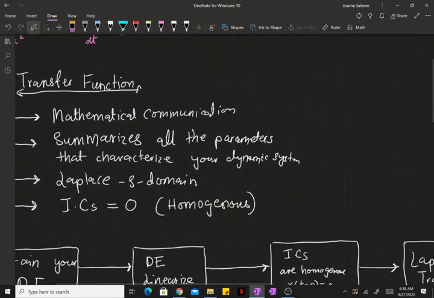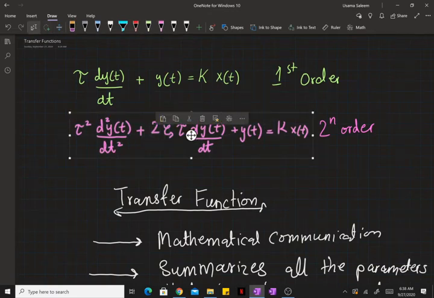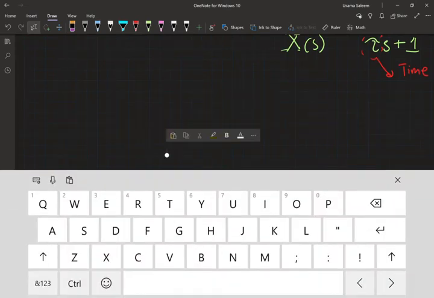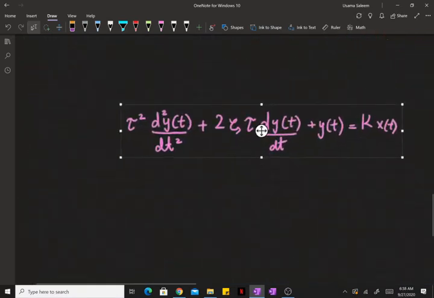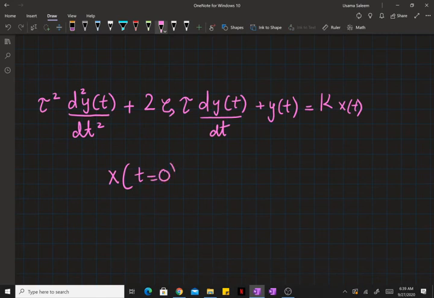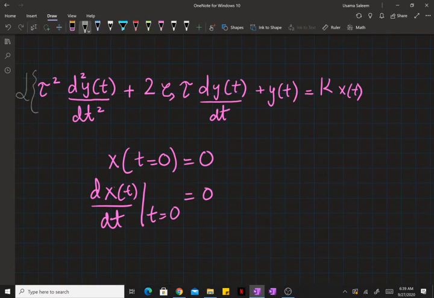which are the two parameters that characterize the dynamic behavior of a first order linear system. Now you can do the same for the second order model that I have here. And if you were following the mass spring system example from the Laplace transform video, you'll remember that for our homogeneous initial conditions, that x at t equals 0 is 0 and dx dt at t equals 0 being 0, the Laplace transform of this model